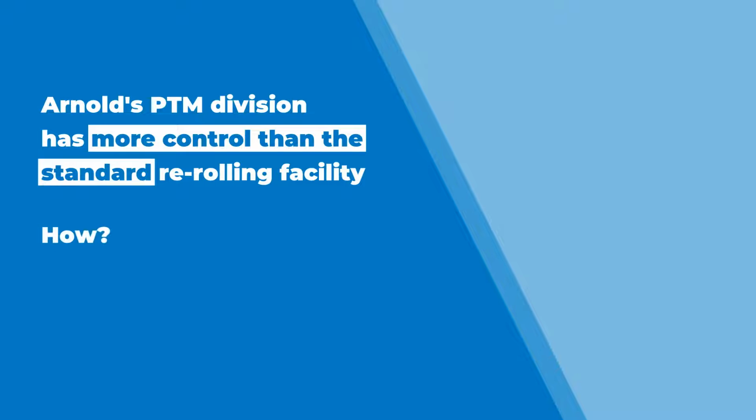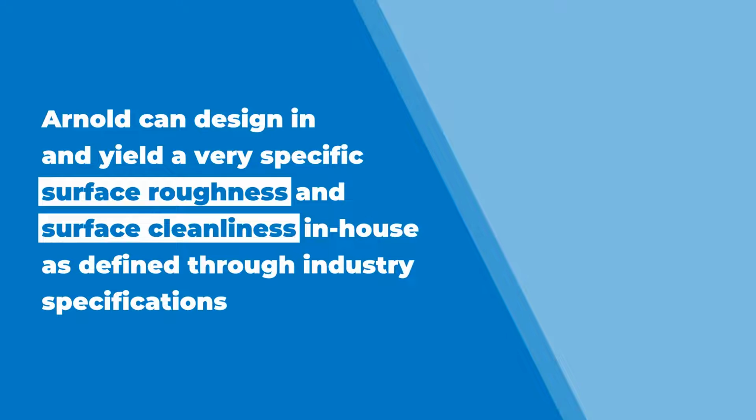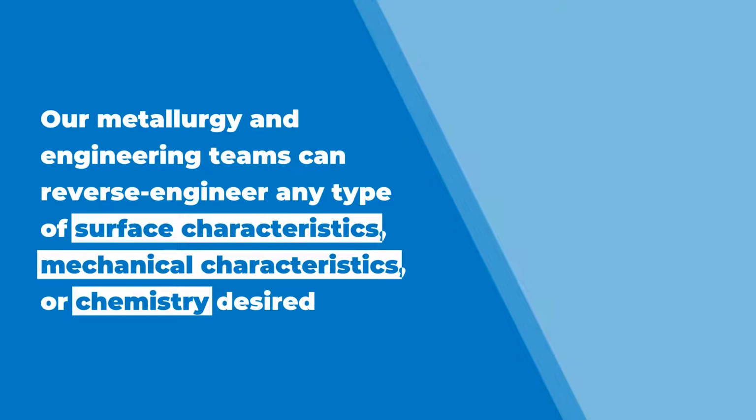And really what that comes down to is managing the contact roll tooling in-house, having several different methods to polish those work rolls. We can have tooling segregated for certain customers or projects over time. So it's not just from a surface roughness standpoint, but we can design in the right tooling and the right routing so that it goes through machinery on a correct schedule and yields a very specific surface roughness and surface cleanliness. So those things are defined several ways through industry specifications,